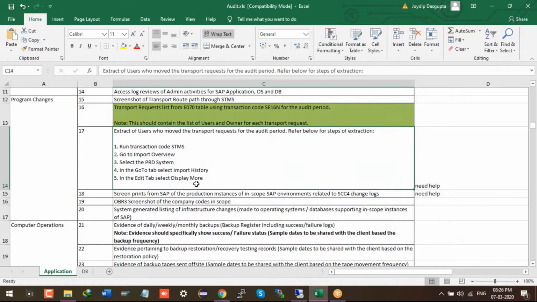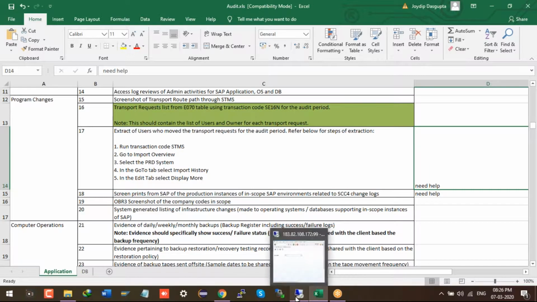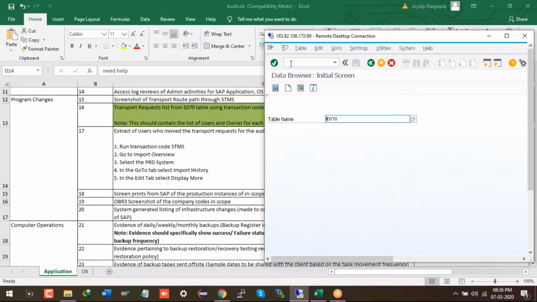And achha, this one. Import history, that one you don't have. No? But sir, how can I extract the user who removed the transport? So you have the truck button there. You can just show the truck button. Import history, go for HTML. Everything is given. Edit the tab, you don't have that. You have this TMS config anyway. Go for at least HTMS, any system, I'll check it. Or you can go for HTMS underscore import.